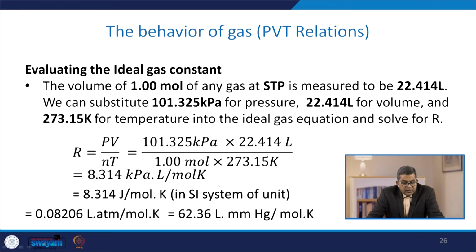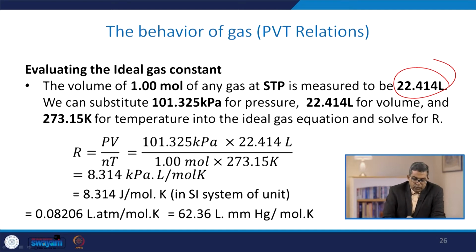Now, let us talk about evaluating the ideal gas constant. The volume of 1 mole of any gas at STP is measured as 22.414 liter. Now, we can substitute 101.325 kilopascal for pressure, 22.414 liter for volume, and 273.15 Kelvin for temperature into the ideal gas equation to solve for R. R is equal to PV over nT, and let us take 1 mole of gas. This is the pressure, this is the volume, this is the number of moles, and 273.15 Kelvin is the temperature. It comes out to be 8.314